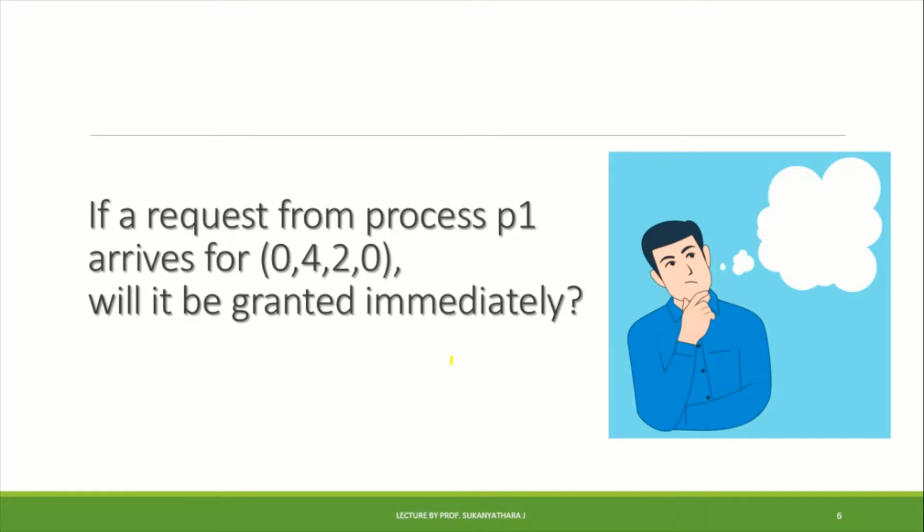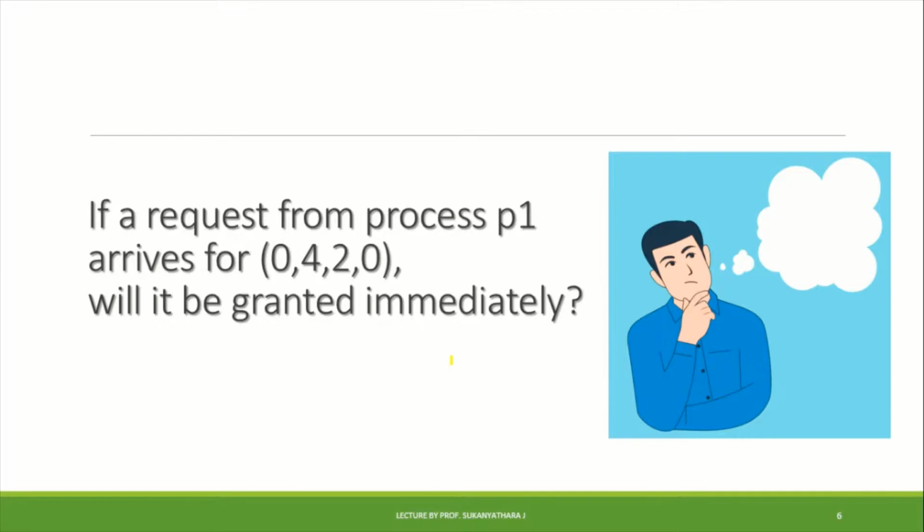It asks the operating system, hello, I am process P1, I need 0 copies of resource type A, 4 copies of resource type B, 2 copies of resource type C, and 0 copies of resource type D. Can you grant these resources to me immediately? When the operating system